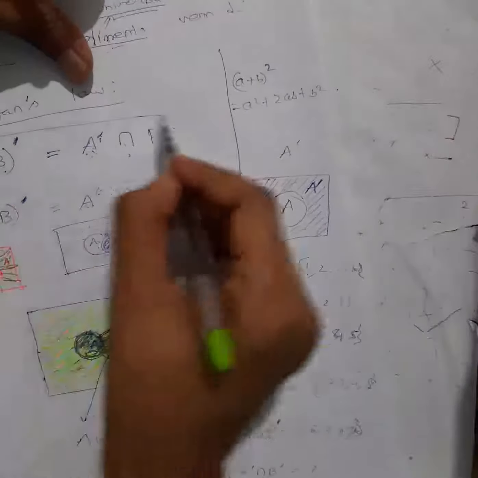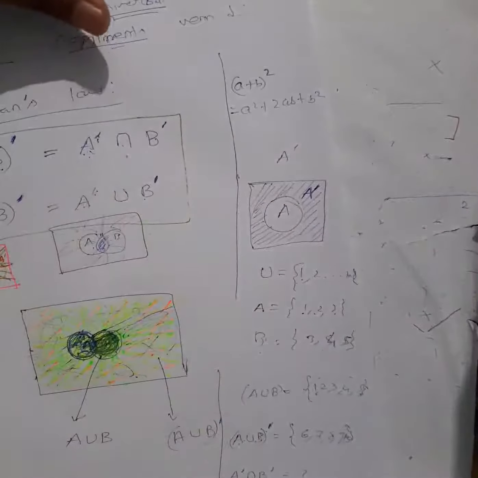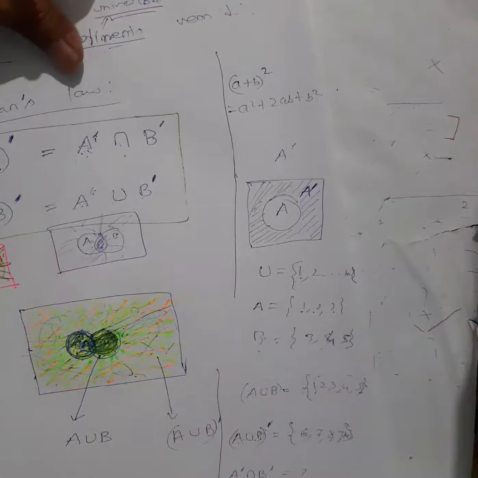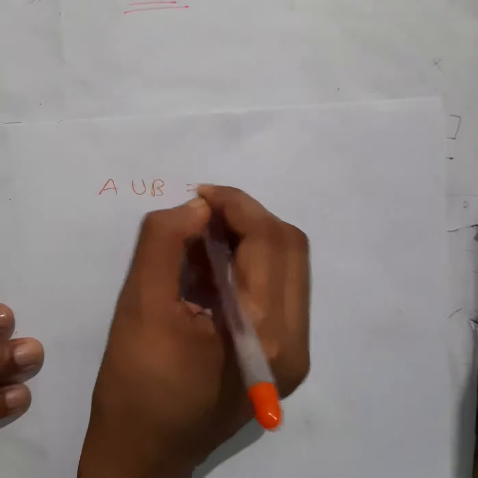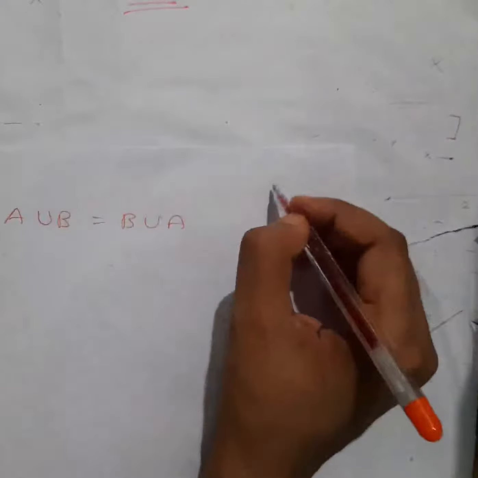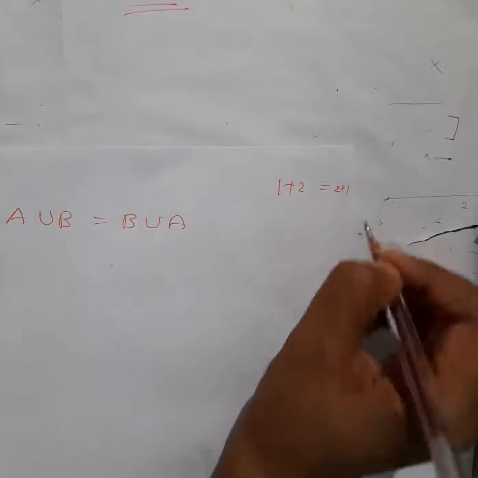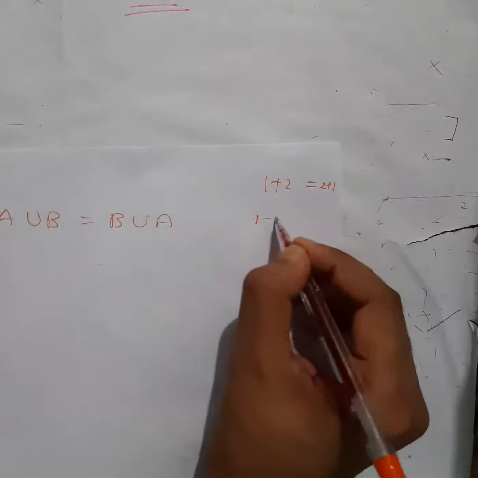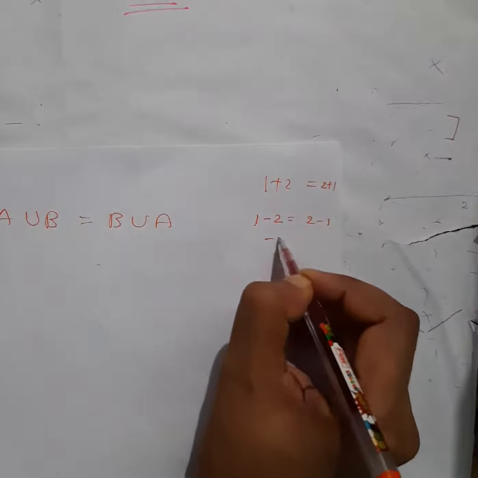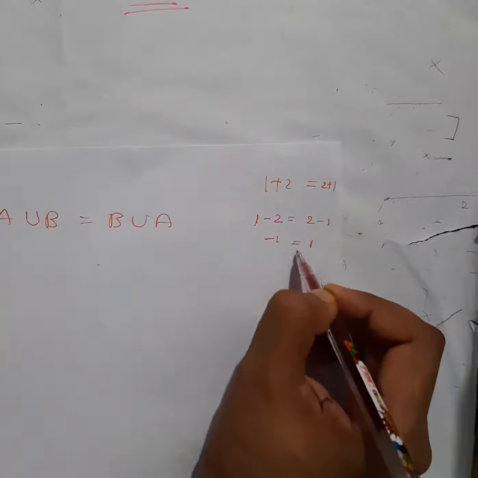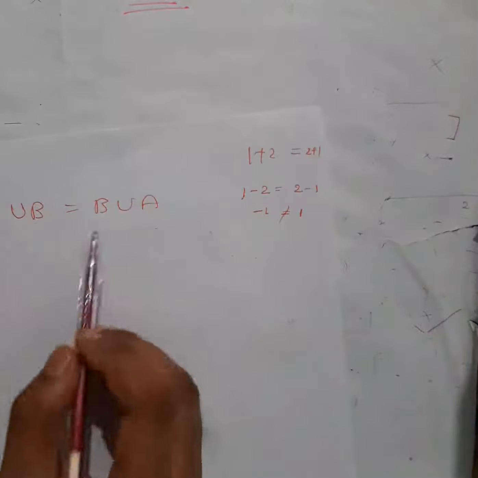So you have to know the law, and there are some properties that I don't think are necessary to explain because they are very simple and we can discuss them in the questions also. For example, this kind of property: A union B, will it be equal to B union A? Like for example 1 plus 2, you know that 2 plus 1 also will be the same, equal, right? But if it is 1 minus 2, will it be equal to 2 minus 1? 1 minus 2 is how much? Minus 1. 2 minus 1 is how much? Are they equal? No.